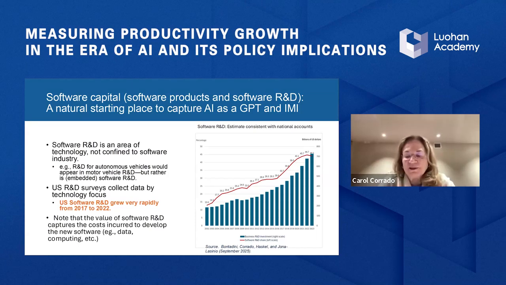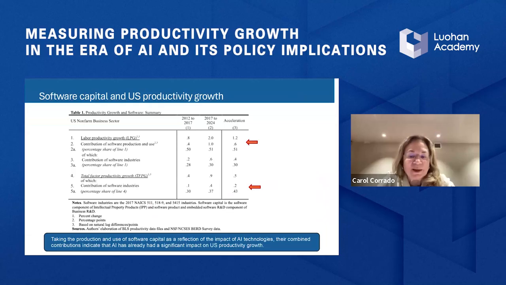Of course, this had to surge because all of that costs a lot of money. So we treat the regular purchases of software products as software. We define software capital to be the sum of regular software and software R&D, and we get some pretty stunning